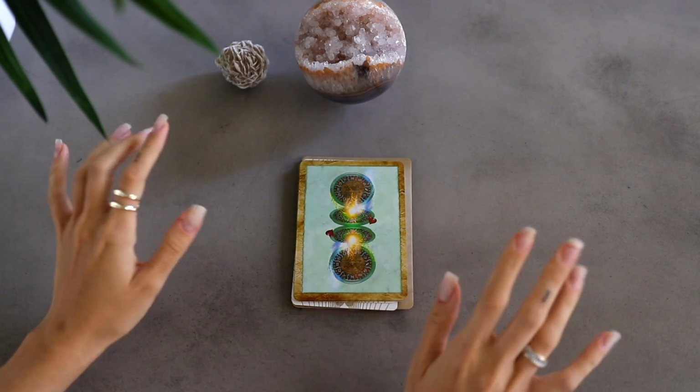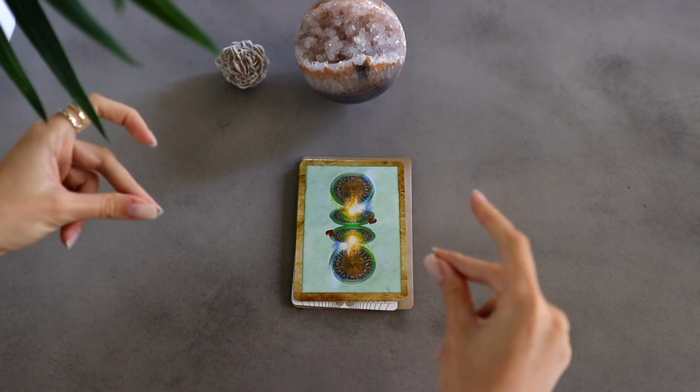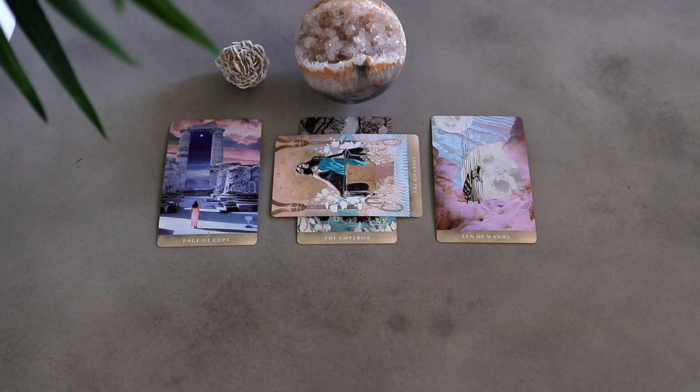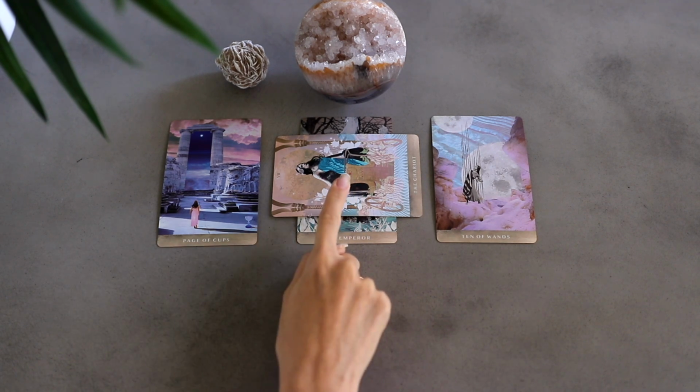All right, so pile number 3. If you guys chose this pile, this is going to be your reading all about what you guys need to hear right now. Wow, pile number 3. This is a powerful pile. So we start off here with the Page of Cups, and then we have the Emperor, then we have the